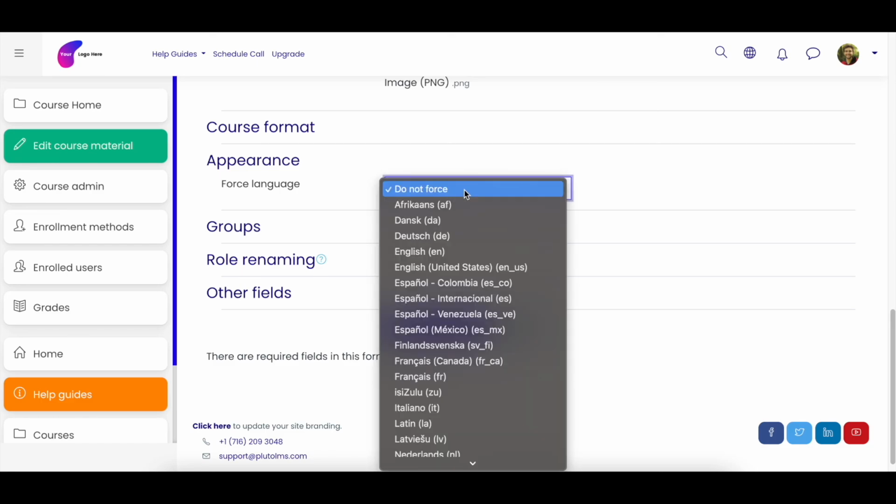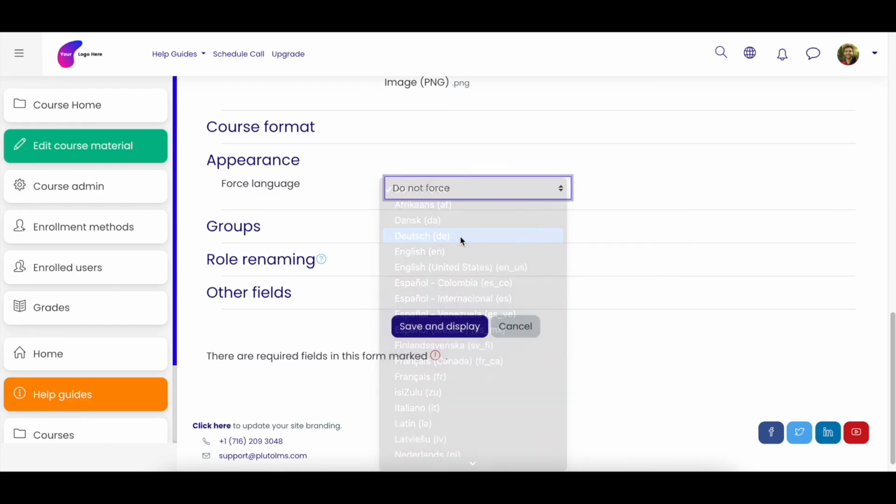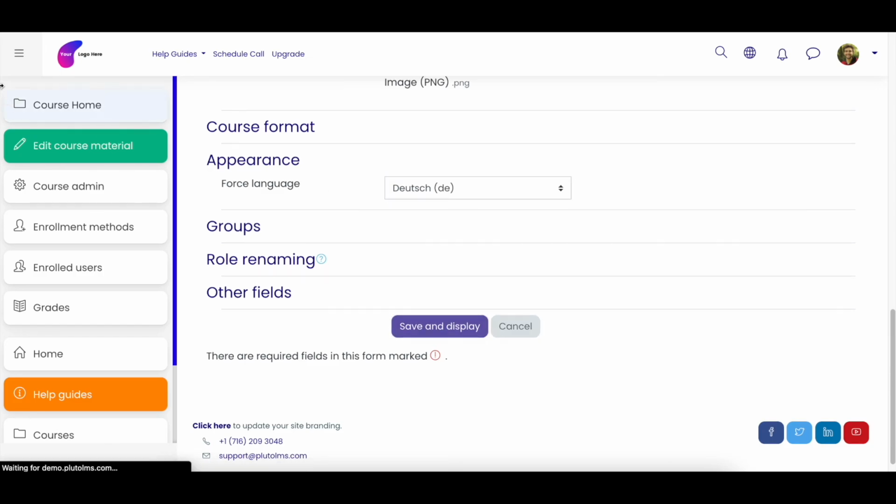However, you may want to force a language. So let's say you're teaching Dutch. You might want to actually select Dutch and force the language, and then even if it's an English-speaking user, because it will enhance the learning of that student, if you're forcing Dutch, then even an English-speaking user logging into this particular course, which is teaching Dutch, will see the Dutch interface. So if I force Dutch and I click on Save and Display,